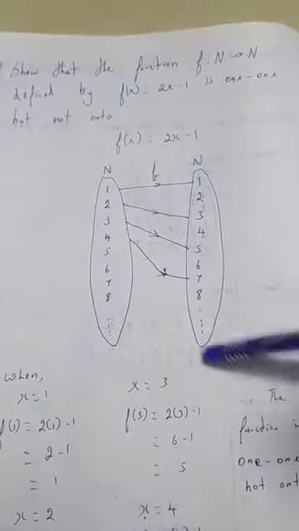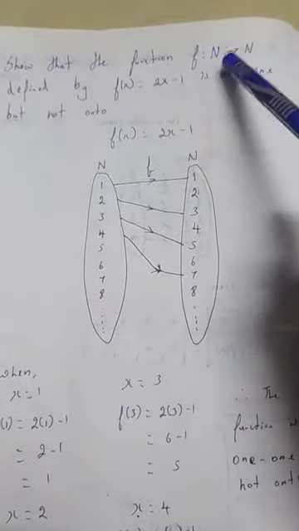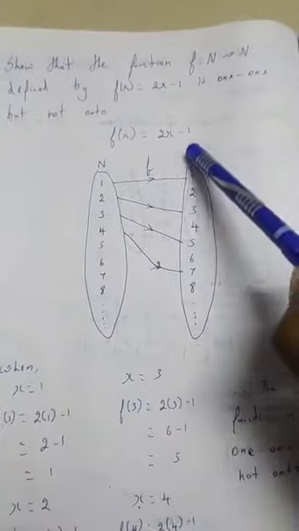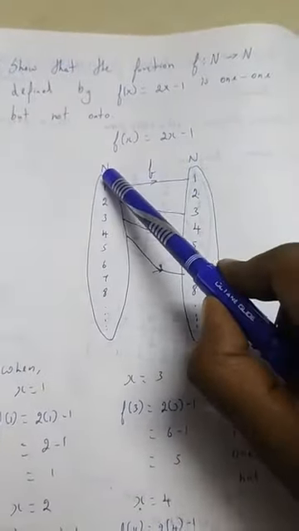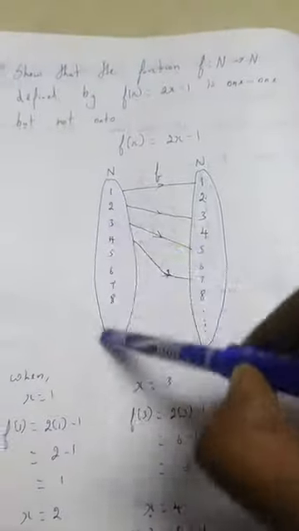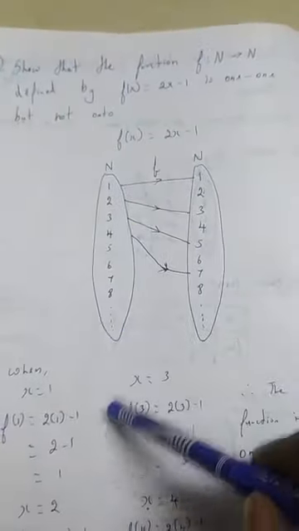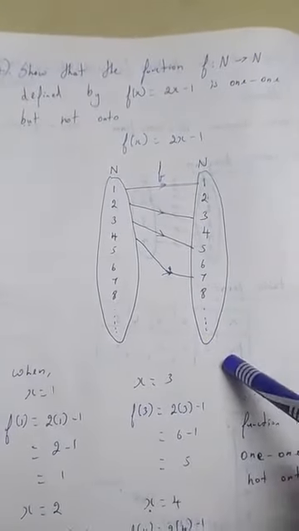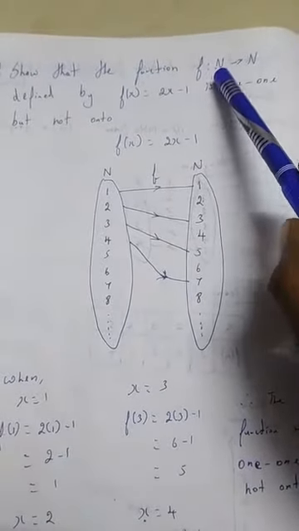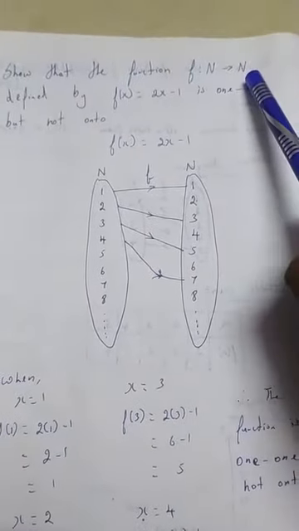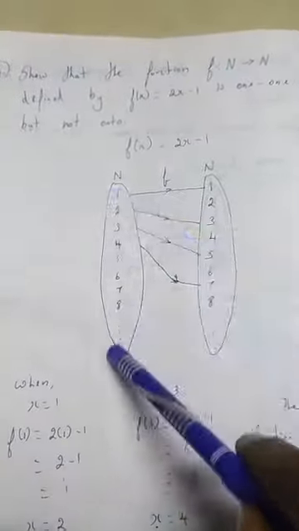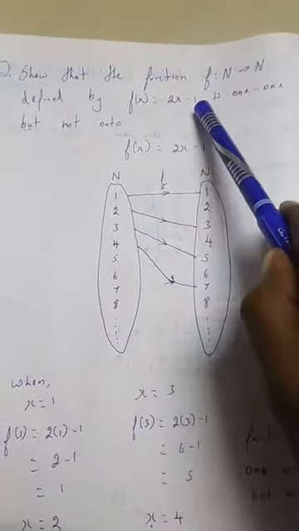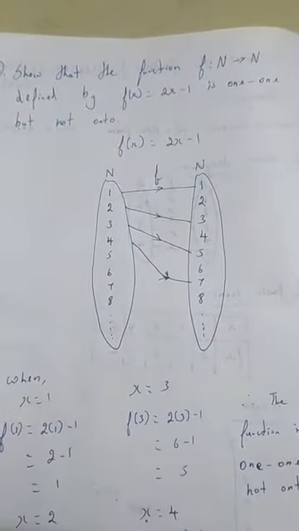Let's draw the arrow diagram. So draw two circles. And what is the function here? Natural number to natural number, which means N to N. What are natural numbers? From 1, the numbers go on: 1, 2, 3, 4, 5, 6, 7, 8 and it will go on. The same way, the second set is also natural numbers: 1, 2, 3, 4, 5, 6, 7, 8 and it will go on, right? So instead of set A to B, here we have natural number to natural number, which means set A belongs to natural numbers, set B belongs to natural numbers, right? Okay. So now the function is f of x is 2x minus 1.